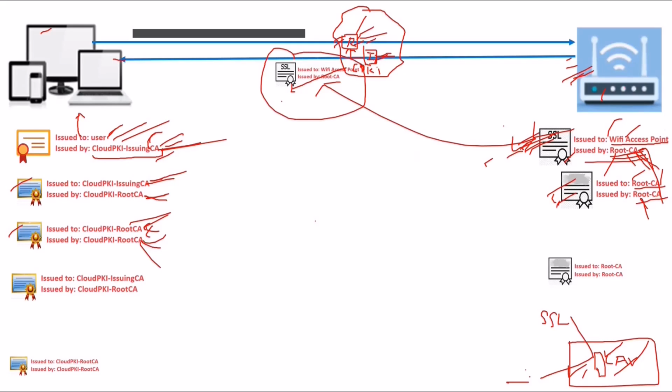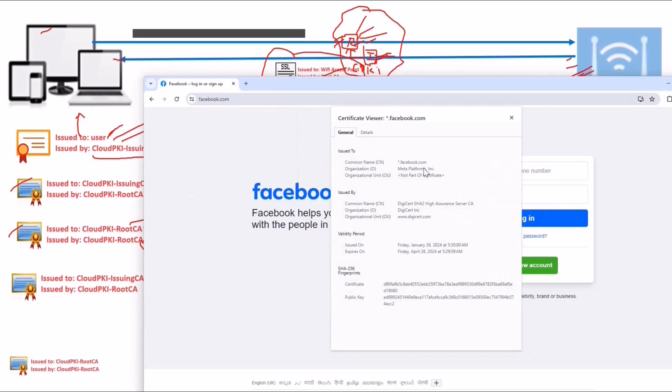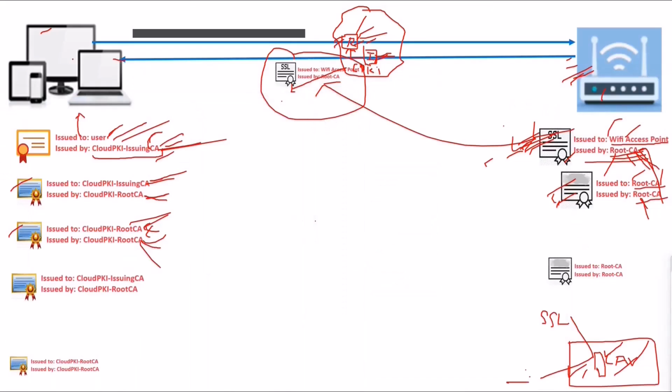Just like I said, I am trying to connect to Facebook.com. I do not have the certificate of Facebook.com, but when I'm reaching out to Facebook.com, it provides me the certificate. It is providing me this SSL certificate, right? Which is encrypting the communication between me and Facebook.com, right? Similarly,